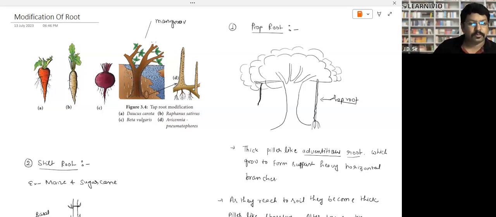Mangrove tree, and this is the muddy region, mud, or you can say marsh. This is the marsh. These are the roots, right? They are the roots. What is the specialty? So mangrove, I have told you. Now come to this one. So these are called